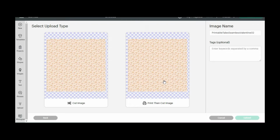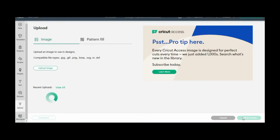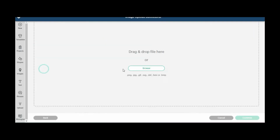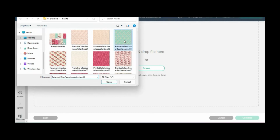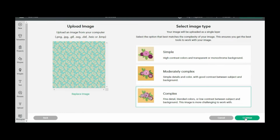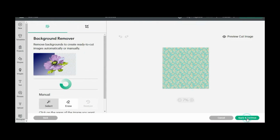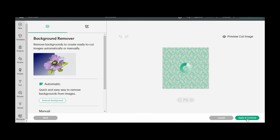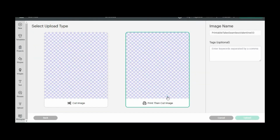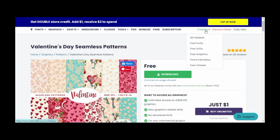I'm actually going to be doing a video soon on Print and Cut, and we're going to use these graphics. So if you see some really cute print and cuts, I would go ahead and save them, and we might be able to use them on a future project. Okay, so I'm just going to continue loading these up, and then we'll go ahead and move on to the next freebie. And we're going to go back to Freebies and click on Free Embroidery,